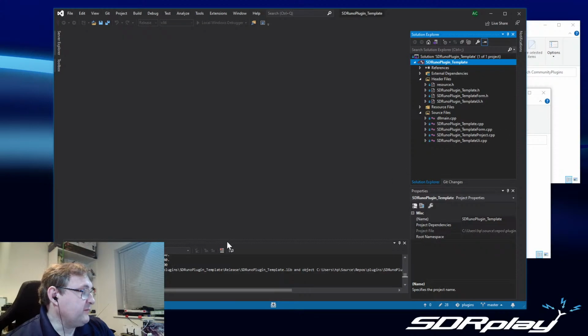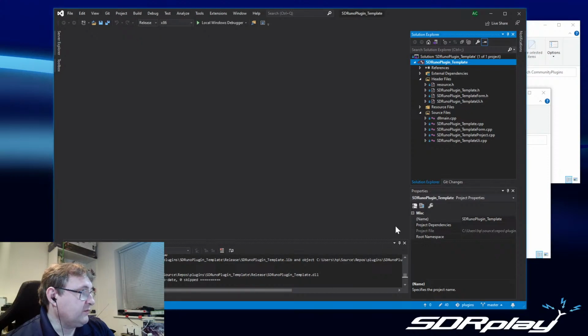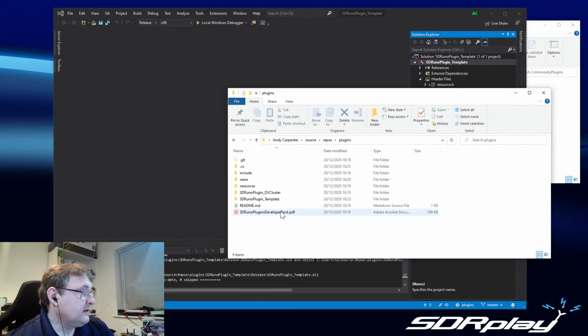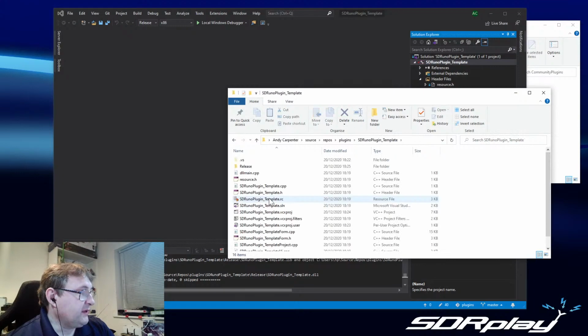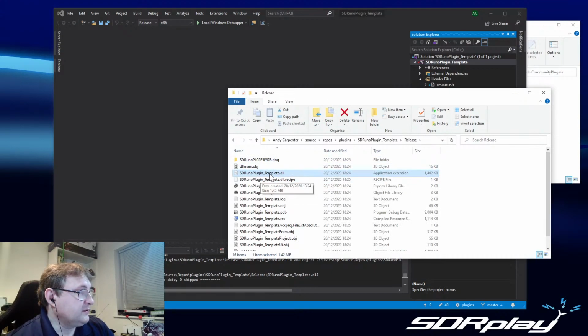And what that will give me is, within the repository that we've cloned, there'll now be a new folder inside the template. So we go inside the template folder. There's now a new folder called release, and I go into release, and there is a file called SDRuno Plugin